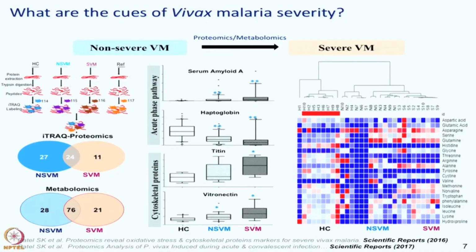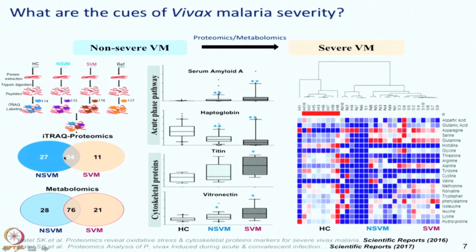So, in this slide we did a quantitative mass spectrometry based workflow where healthy individuals, non-severe vivax malaria patients, and severe vivax malaria patients were screened. Along with them we used a reference pool. This is a typical iTRAQ based mass spectrometry study, which we talked about in the previous lectures, and what it revealed is that there is a set of proteins